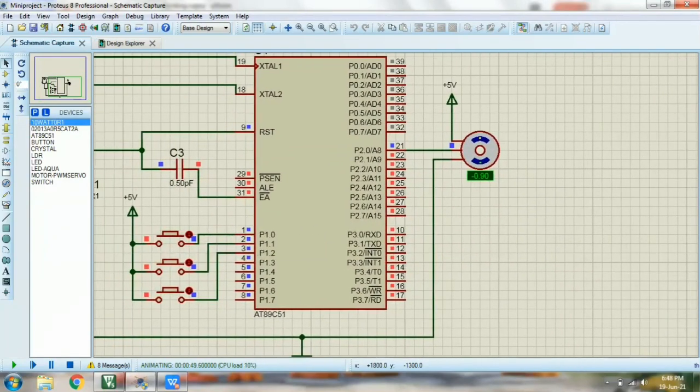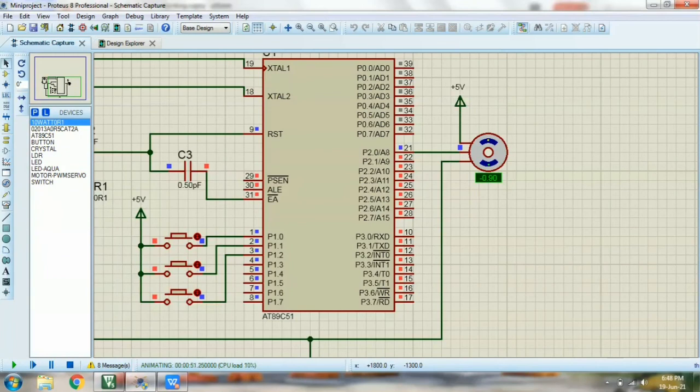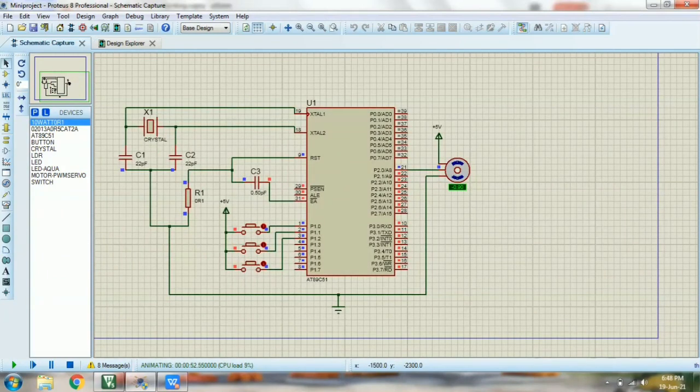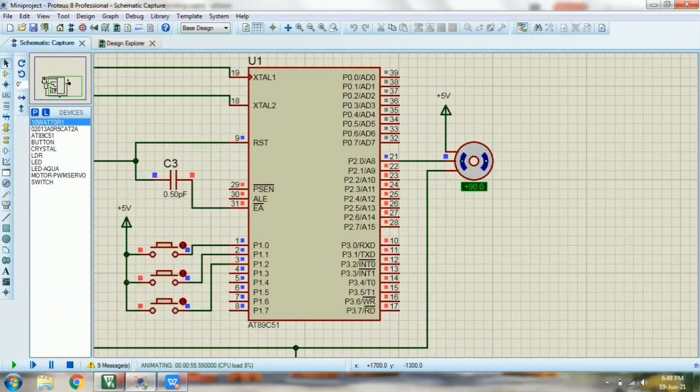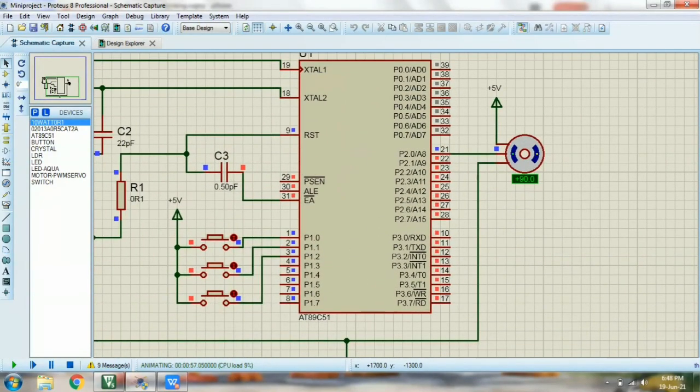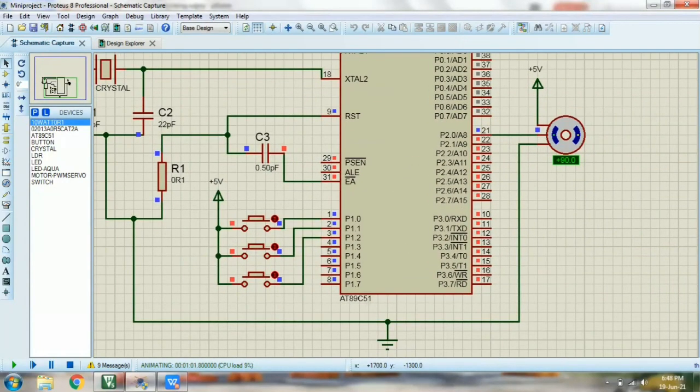So the solar panel rotates accordingly, and when we press this third switch, that is LDR3, it rotates to plus 90 degree, which is what I explained as case 3. While the sun is setting, this switch will be activated, and while the sun is rising, this switch will be activated and it goes to minus 90 degree.